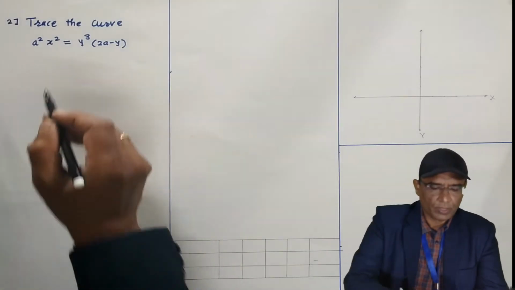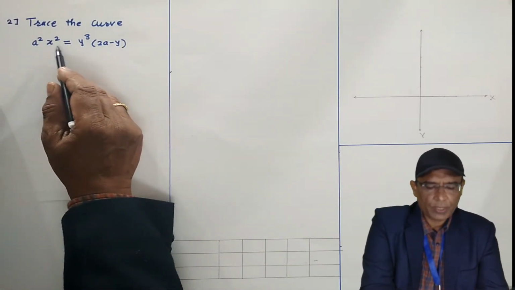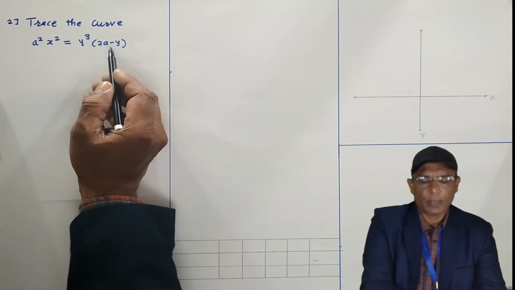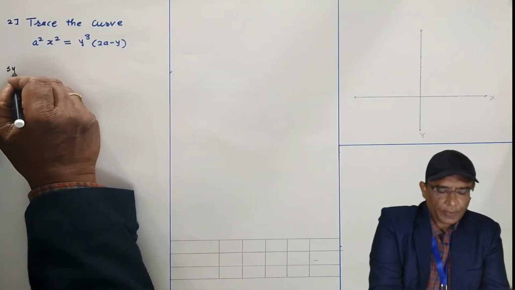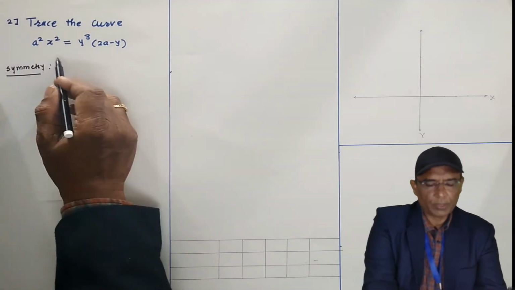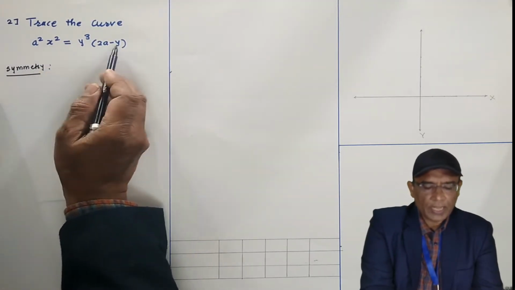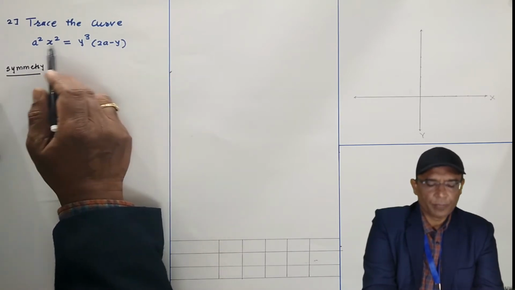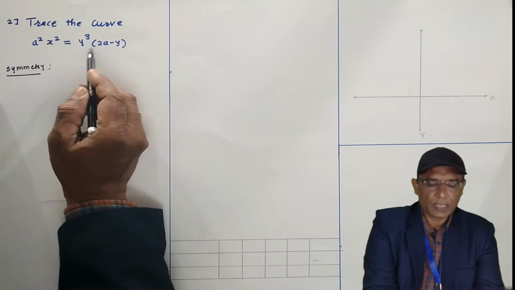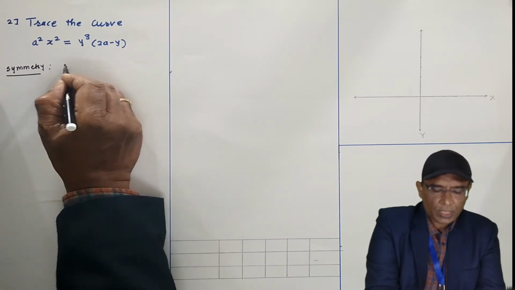Now the next curve. Trace the curve a² x² = y³(2a − y). The first point is symmetry. If you look at the equation of the curve, all the terms in x are even power, while the terms in y are not all even power. Therefore, this curve is symmetric